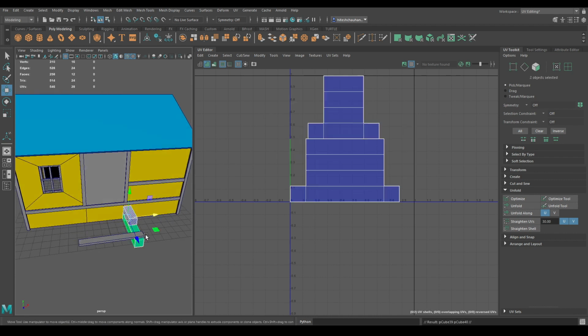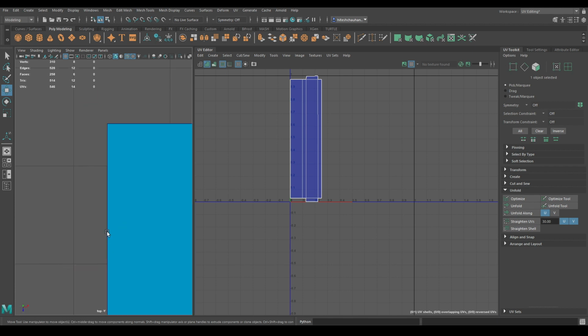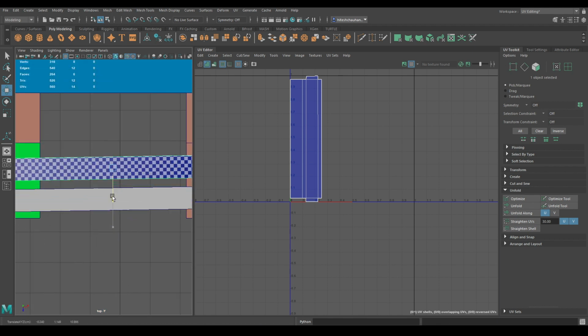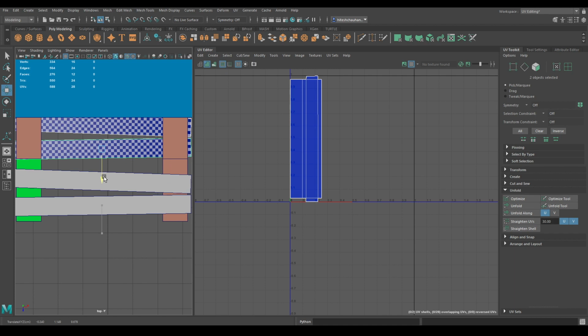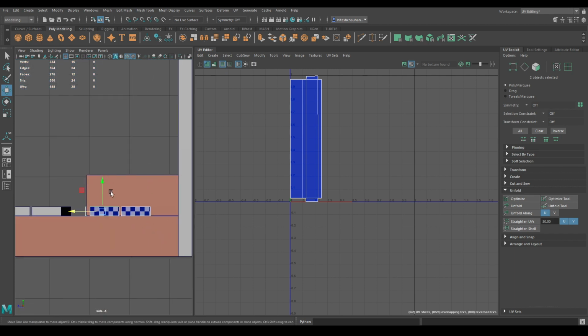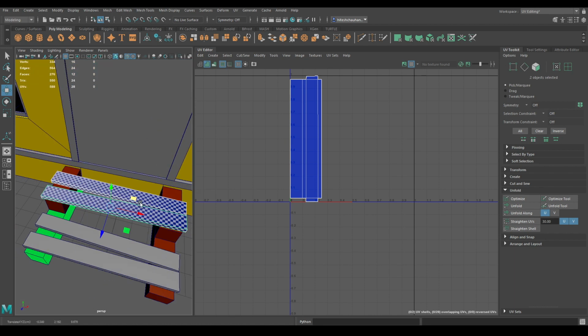Duplicate these two. Place them here. Go to top view and duplicate this one. Place it here like this. Rotate it. Select both of them, again duplicate, place them up here. Go to right view and again add some rotation.